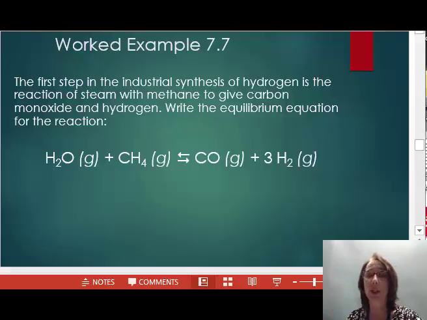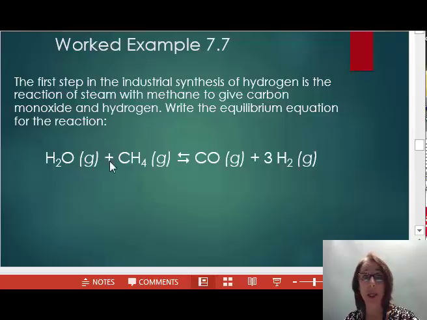Let's look at worked example 7.7. The first step in the industrial synthesis of hydrogen is the reaction of steam with methane to give carbon monoxide and hydrogen. Write the equilibrium equation for this reaction, H2O(g), or water vapor,